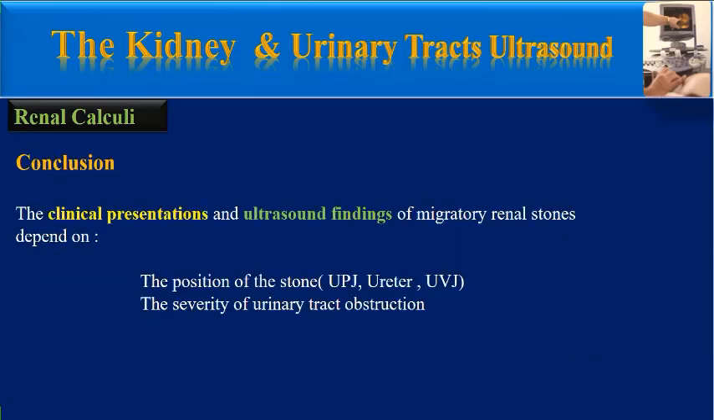in these situations. In conclusion, the clinical presentation and ultrasound findings of migratory renal stones depend on, the first one, the position of the stone, that is in the ureteropelvic junction, ureter, or ureterovesical junction, and the second one